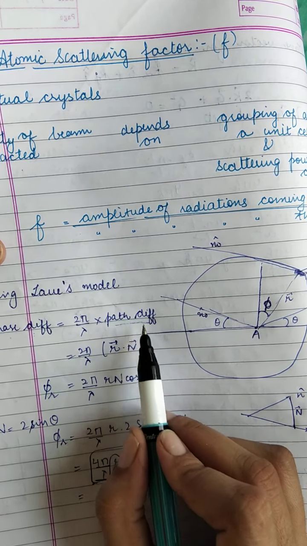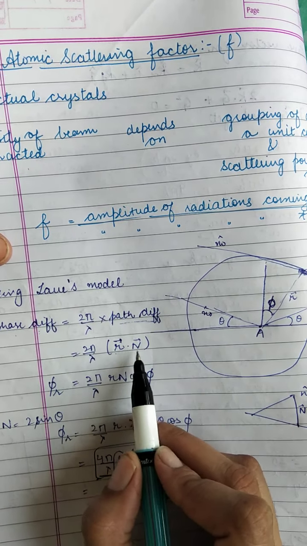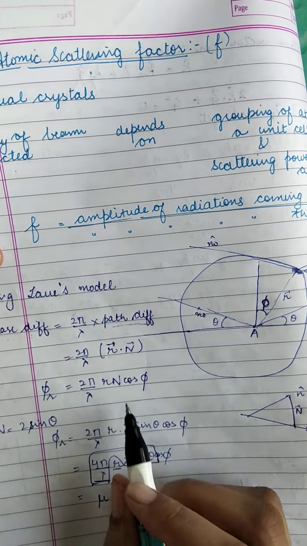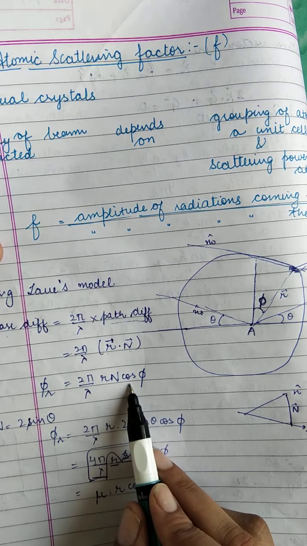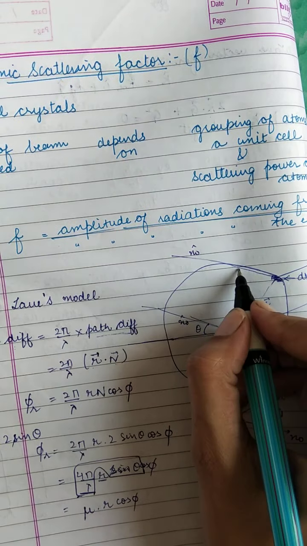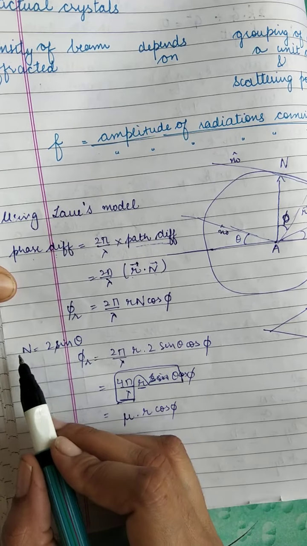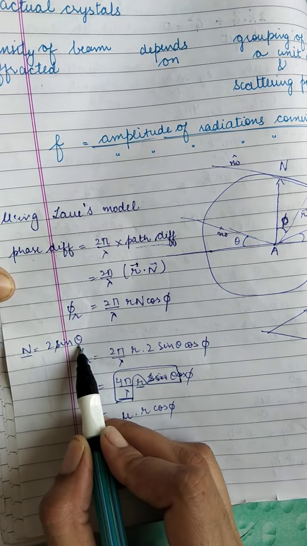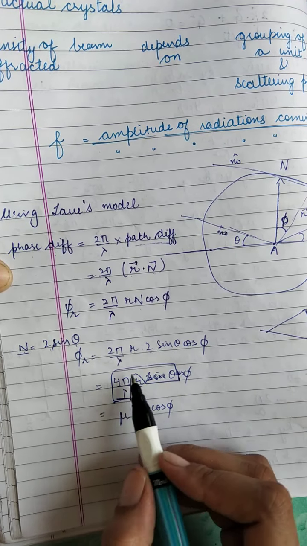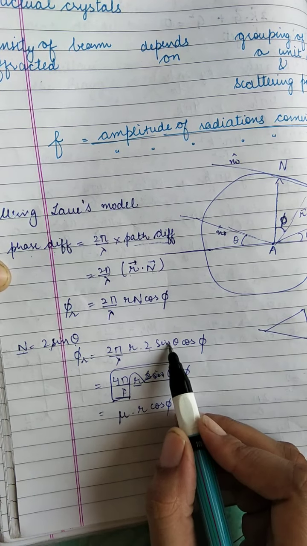Okay, so path difference, as we have already calculated in Laue equations, it is r dot N vector. Because it's a dot product, the dot could be replaced by cos of phi. The phi is the angle between r and this vector N, capital N. Also the magnitude of N is 2 sin theta, so we can fill here 2 sin theta, and then after the 2 pi by lambda multiplied by 2 is 4 pi by lambda, and then after this sin theta.